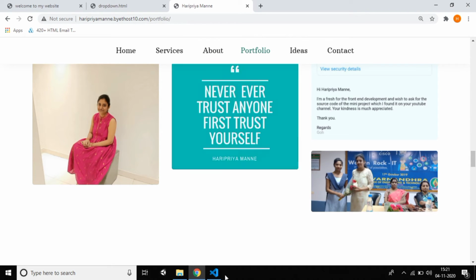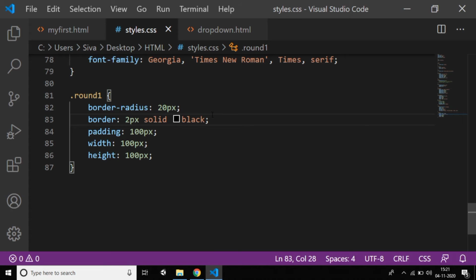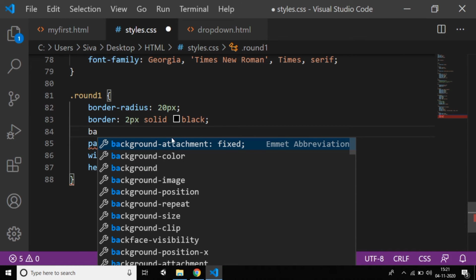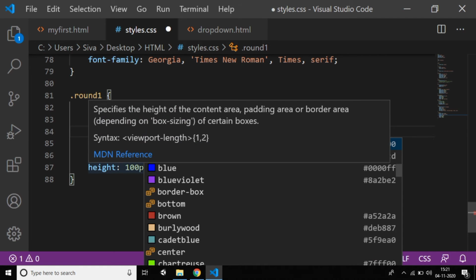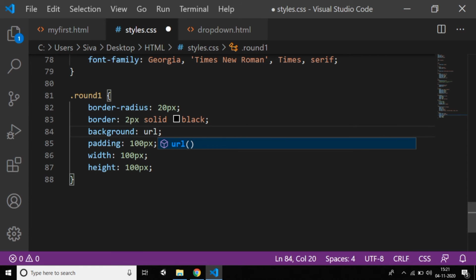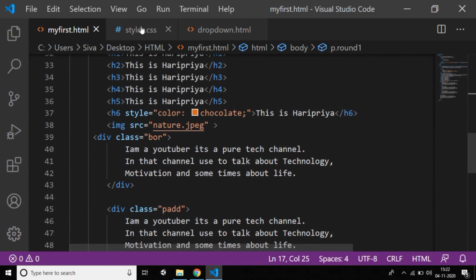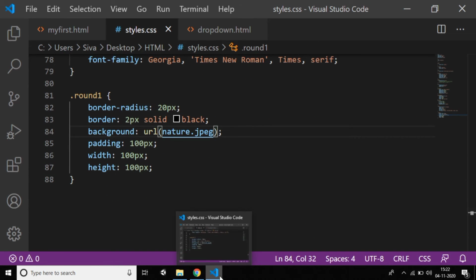So I'll give a background URL. Instead of this, I'll give background and URL of nature.jpg. I'll give nature.jpeg. I already downloaded the image before. The same thing I'm using here.